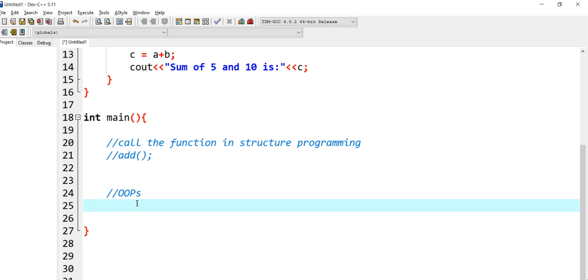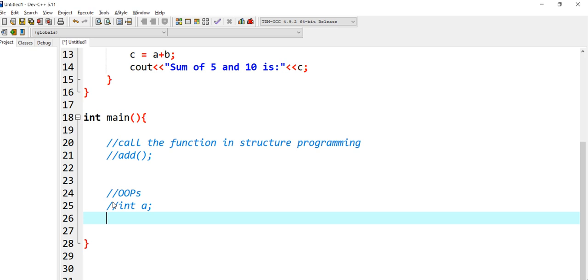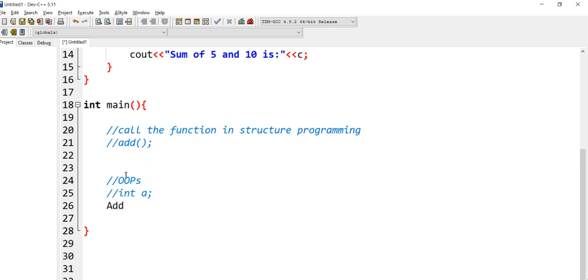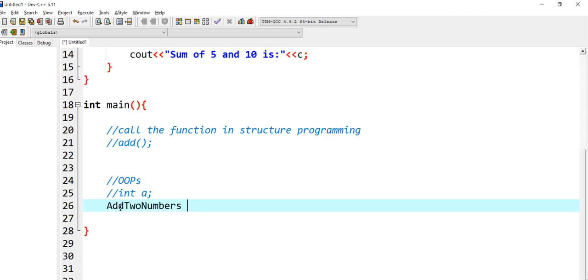How do we declare a variable? Take an example of int a. This is a variable of integer type, right? In the same way, I want a variable of this class. This class is also a user defined data type. So I am going to create a class and declare a variable.